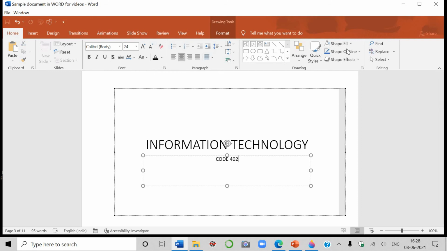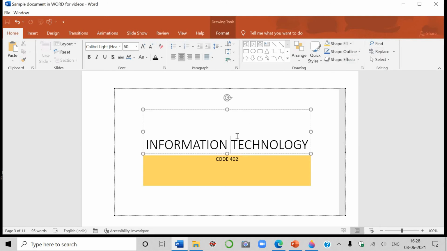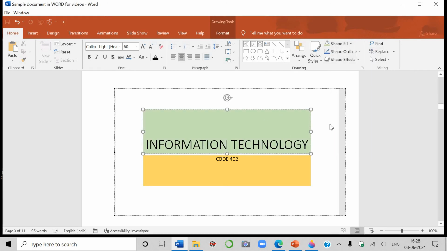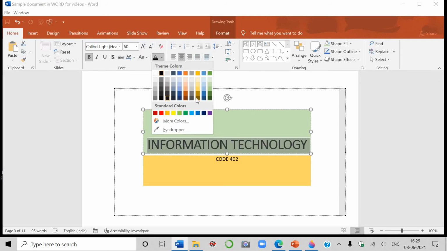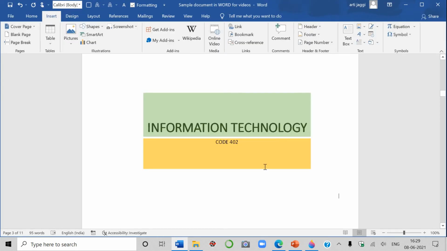You can change it. You can color. You can fill the color also. I want to fill this color, suppose that has been filled. Here also you can fill some other color like this. You can do anything, and then you can select this. You can change it to bold. You can change the size also, color also, whatever you wish to change, like this. Just click outside the box and that will be inserted like this.